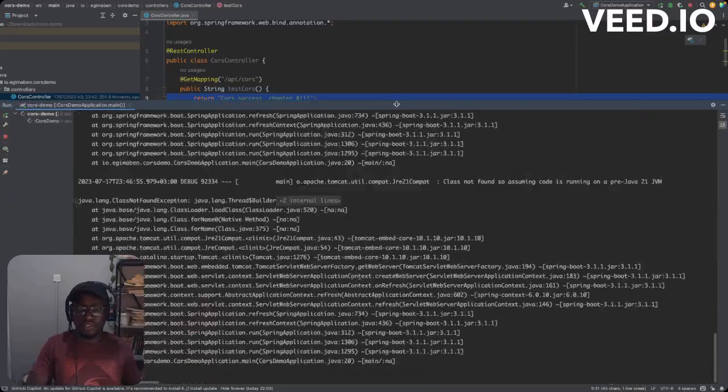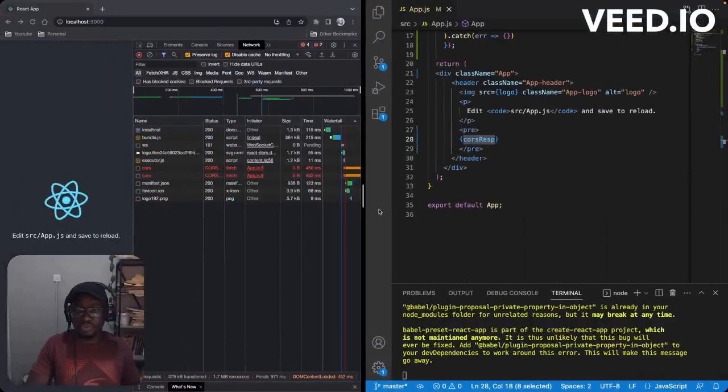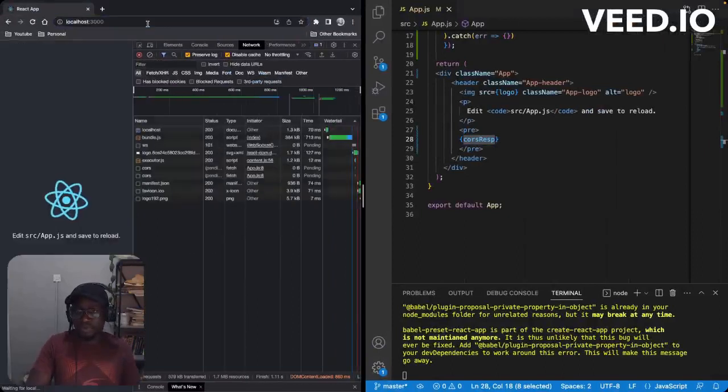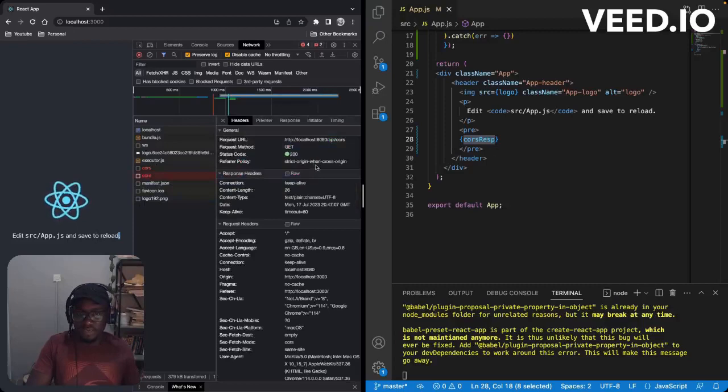So you can see the logs are more noisy, but it will help us troubleshoot things better. Now let me refresh the page and we go back to the errors. The first thing to notice, as I said, is that our text from the server is not displayed. So the question is, was it returned? It doesn't seem so because the request ended in red. Let's open that request. Actually, it has status 200, but